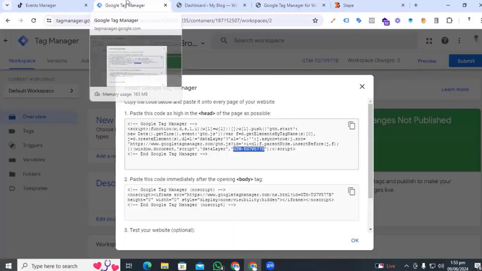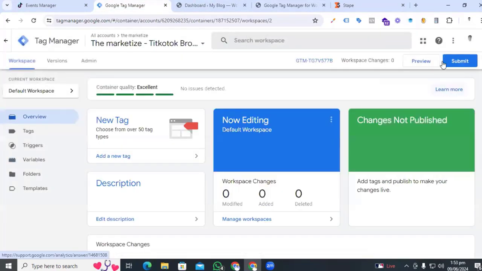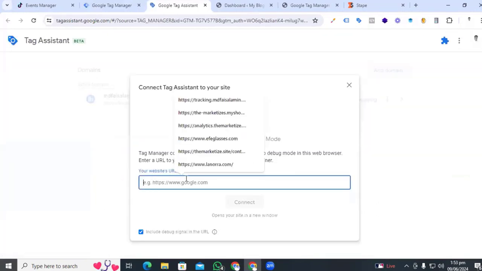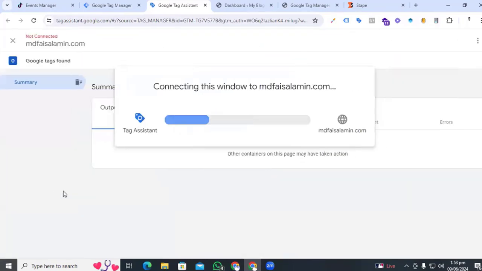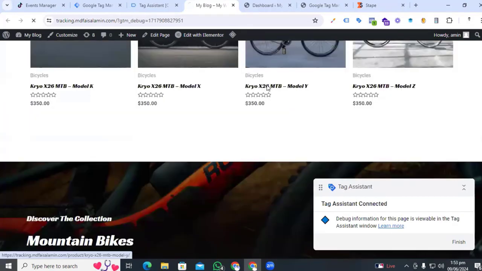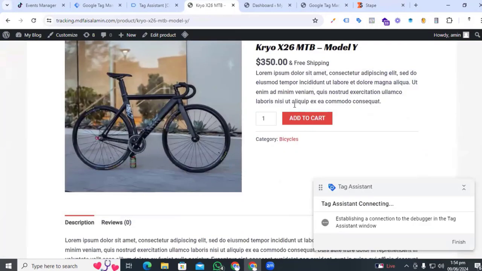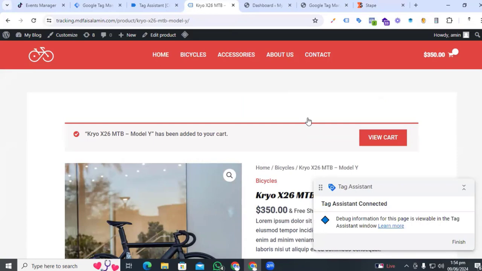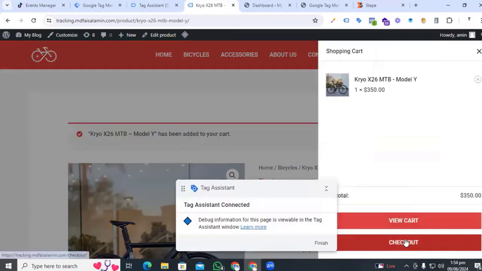So go to our Google Tag Manager and then go to the preview option, put in our website and connect. And we can see that our Google Tag Assistant is connected with our website. Now open a product page. That is the view content event, and then click add to cart. Now we are just checking whether our data layer is enabled or not, so we are clicking each and every event which we want to track. Then checkout,